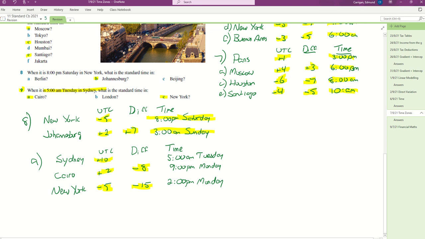So at 10 a.m. on Tuesday, 8 hours before that, take away 5 hours to get us to midnight on Tuesday morning. Take away another 3 hours, and we get 9 p.m. Tuesday. Similarly, if we take away 15 hours, we take away 5 hours to get us to